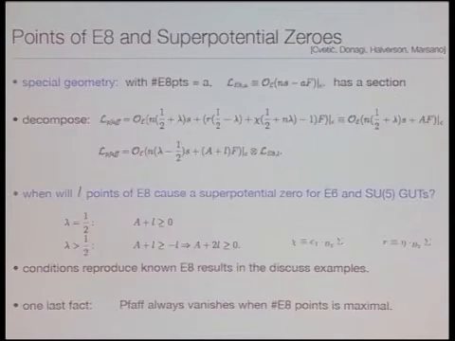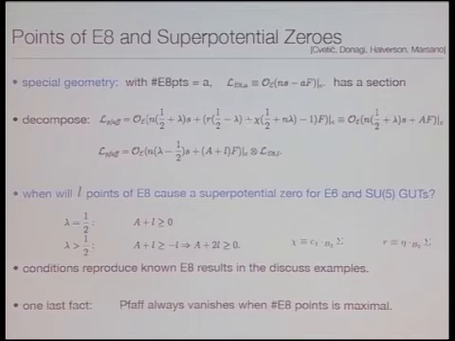So the point is, and since I'm running low on time, I'll just state the result. When you have a point of E8 in the instanton world volume, something very special happens in the geometry. And in the presence of E8 points, this bundle gets a section. But in the same way that we saw that sub-bundles of the bundle you use to compute the Pfaffian can matter in determining the structure of the Pfaffian, we see that here.